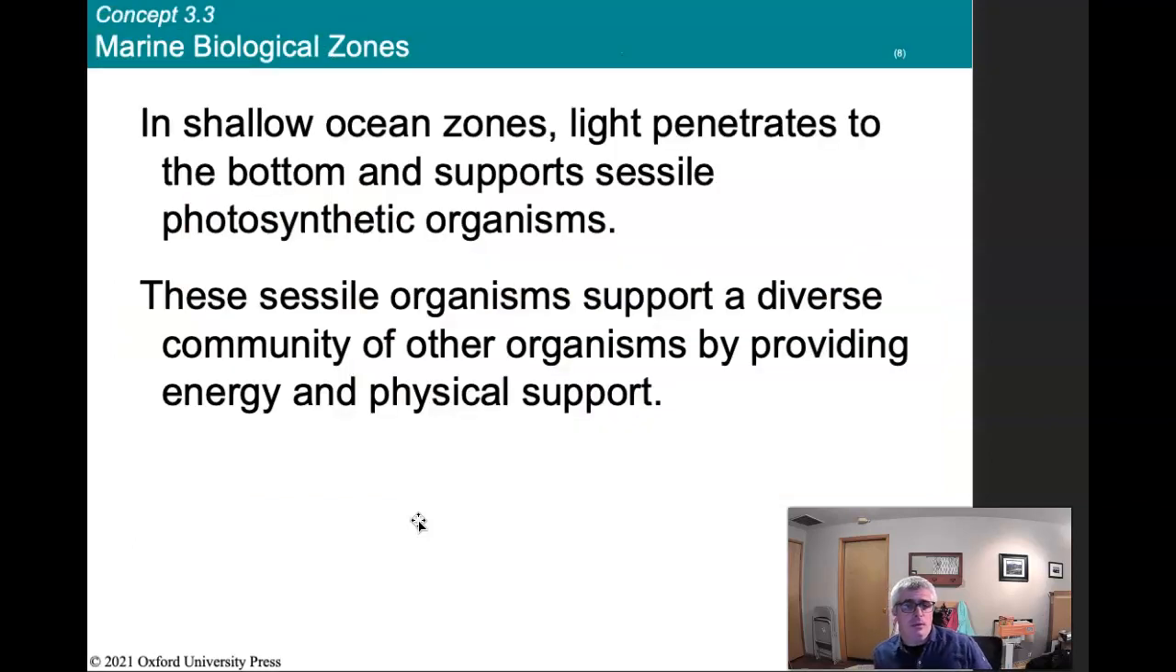And so in shallow ocean zones, light penetrates to the bottom and supports sessile and photosynthetic organisms. So they're making a big difference here. In shallow ocean zones, light penetrates to the benthos, and these sessile organisms support a diverse community of other organisms by providing energy and physical support. Now that's the main two things that we need to think about when we want to think about structuring ecosystems: